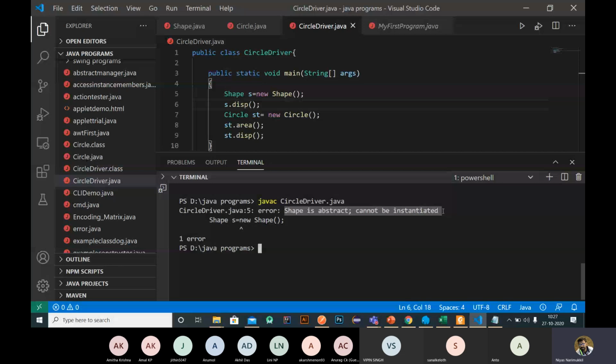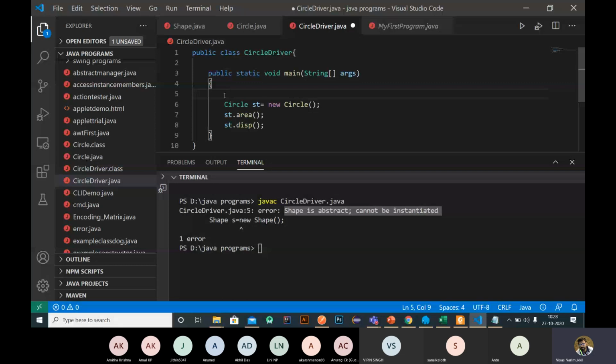so once we use an abstract class, in order to use that abstract class, you need to create another class, then you need to inherit the properties from the abstract class, then you need to complete the abstract methods, right? Then only will you be able to create the object of that class. So I hope all of you got an idea, right? So it is not possible. Any questions regarding this abstract class?